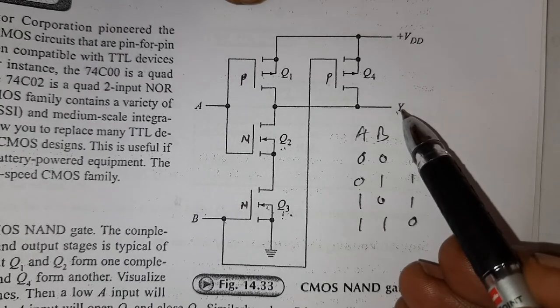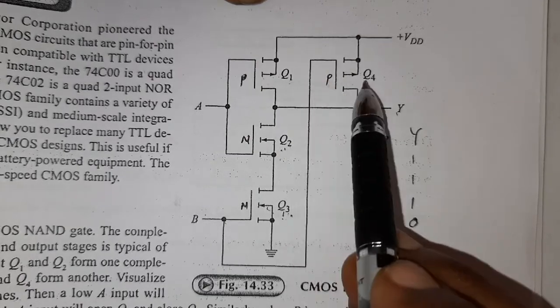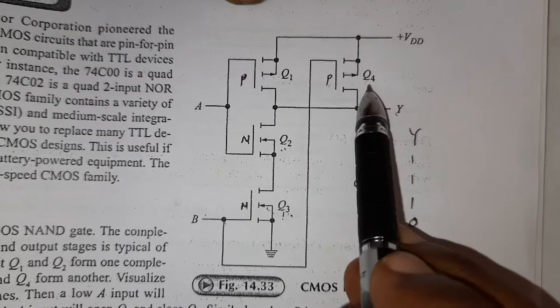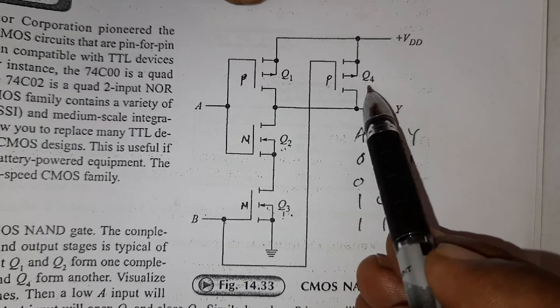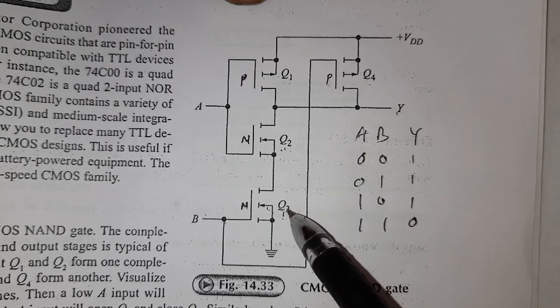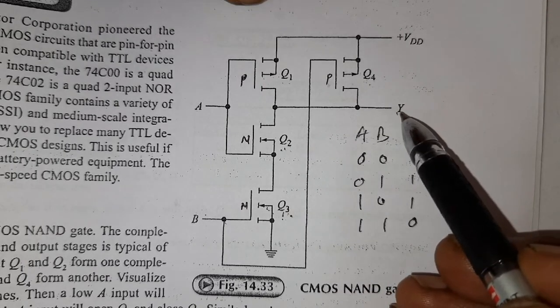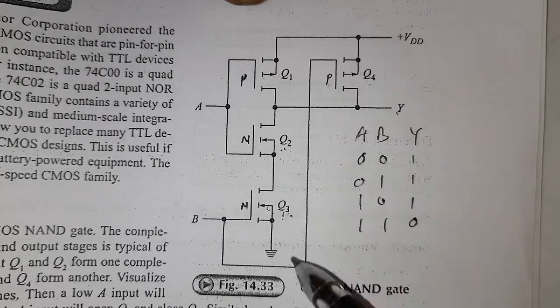When the output will be high, any one of Q1 and Q4 must be on. Check, any one of Q1 and Q4 is on, and one more restriction, that any one of Q2 and Q3 must be off. This is essential because simultaneously we cannot connect the wire to high and low. It will make a short circuit.